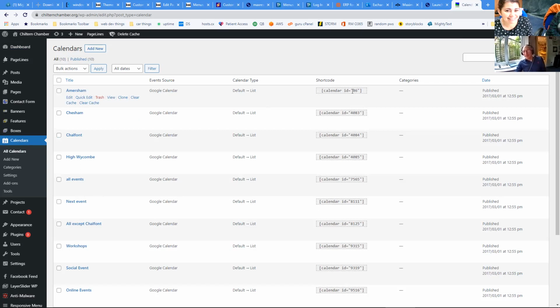Okay, right. In the middle of the page here, you see this. Anything in WordPress which has these straight brackets around the outside is a short code. There's basically a little bit of HTML which WordPress uses itself. So various plugins will provide you with short codes. And if you put that short code somewhere else on the site, you could put it in a page or in a sidebar, it will show that calendar. So if we've got something with Amersham,